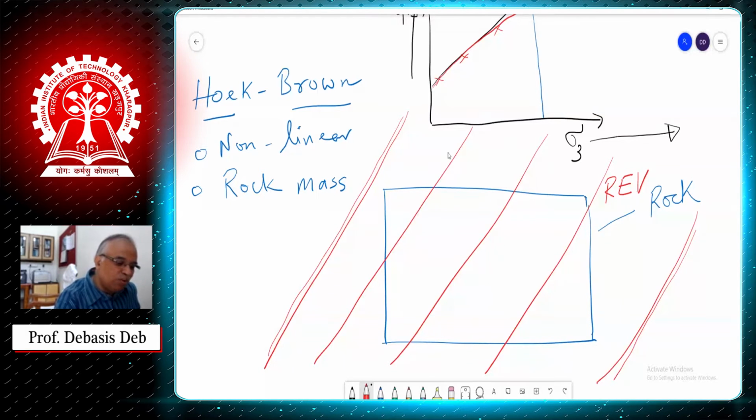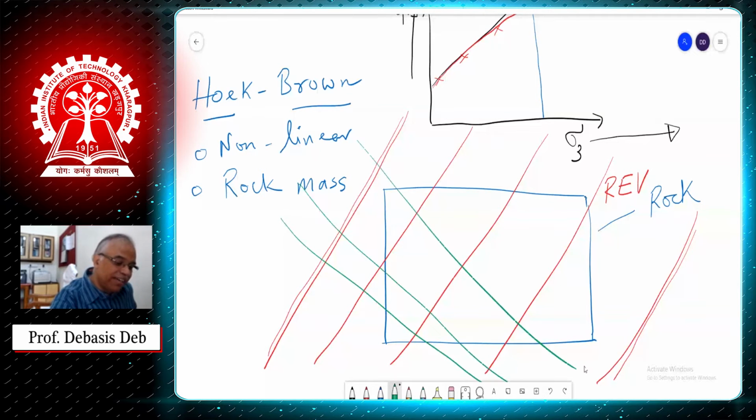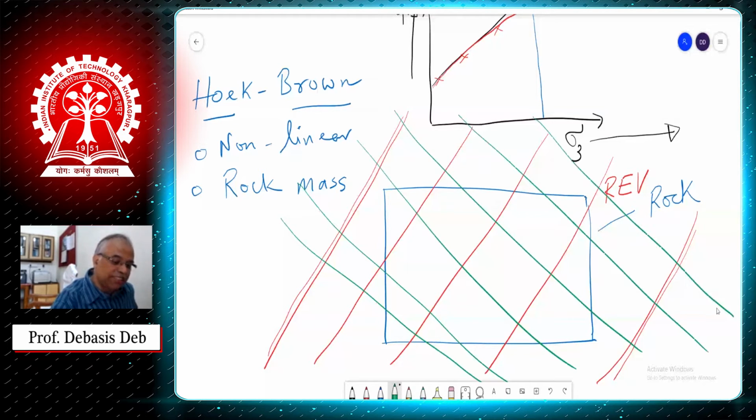Okay. So this now we will call as a rock mass. Now if another set of joint comes like this, or a discontinuity comes like this, mind that your representative area or volume is only this much, because when you are seeing that, you are seeing only this much. This is still rock mass, this inside everything together.